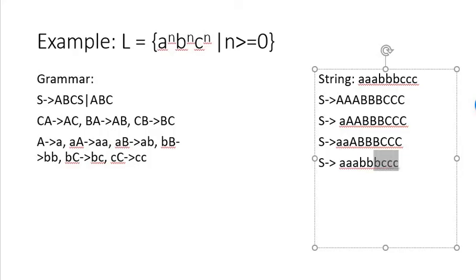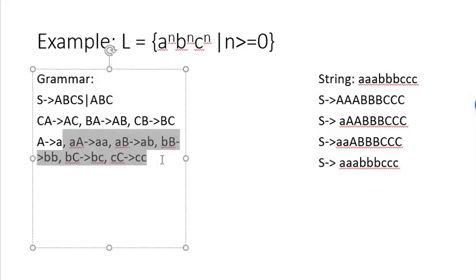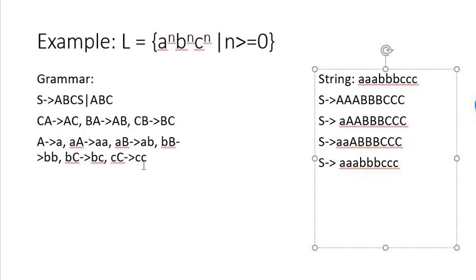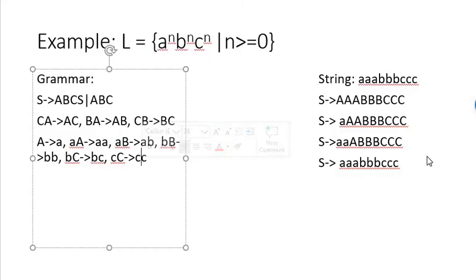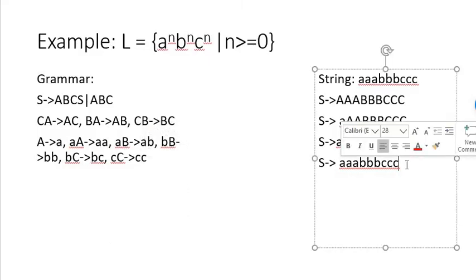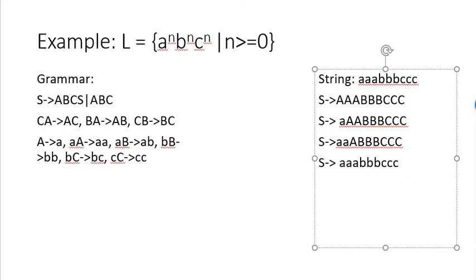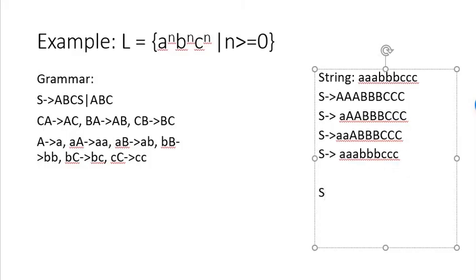So now you can see that we are able to generate this string, triple A, triple B, triple C. And all these productions maintain the order, that B comes only after A and C comes only after B. So again you might be thinking that this is a correct grammar, and again my answer is no. This grammar is not correct, because it can still generate the wrong string which we had seen just before.